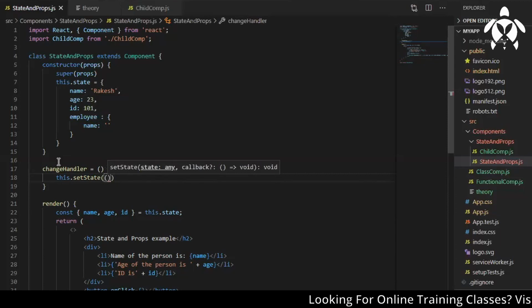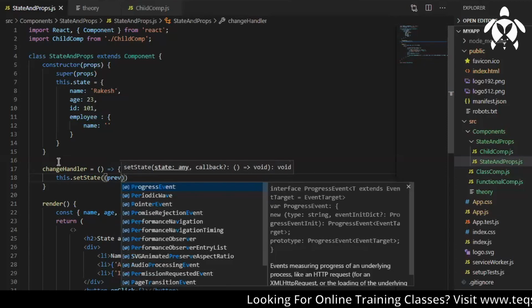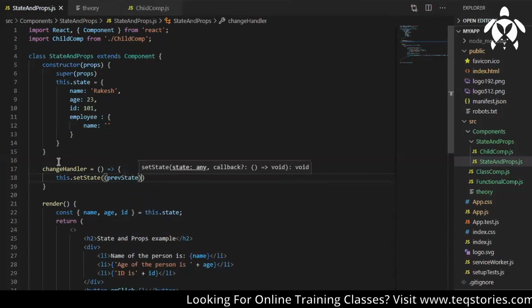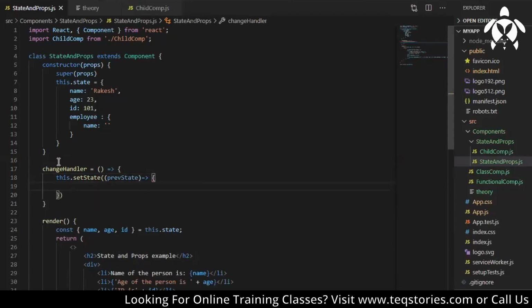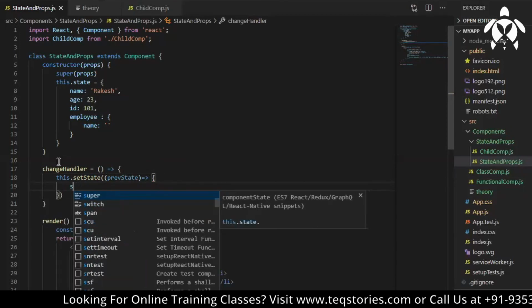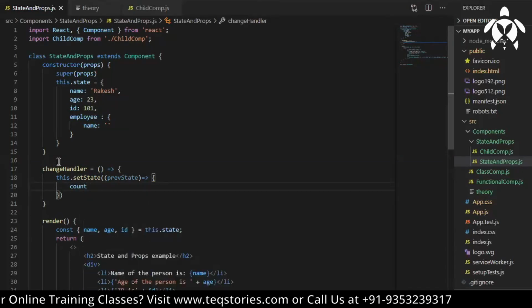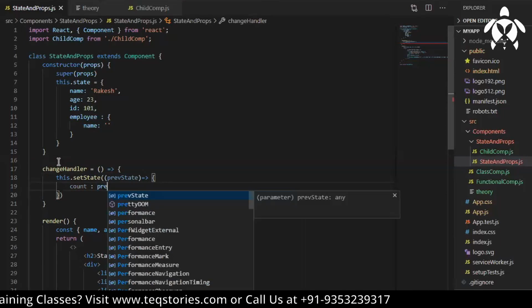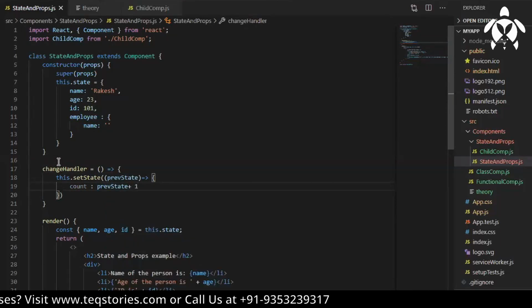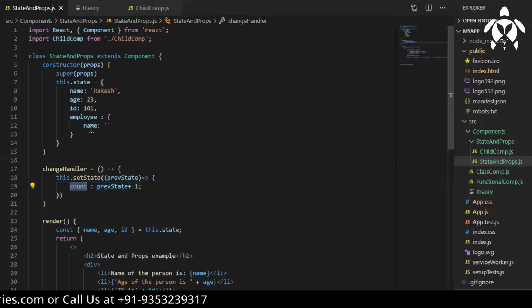You can have a previous state, and then if you want to change something, you can write like this. Let's say I have a count. That count you can write as previous state plus 1. It will keep on updating your count from this object.